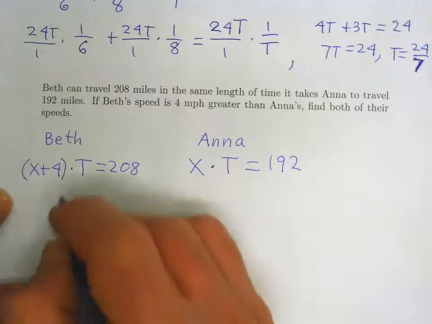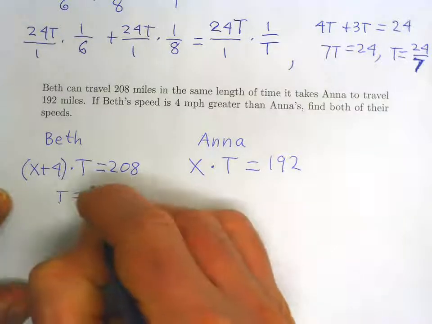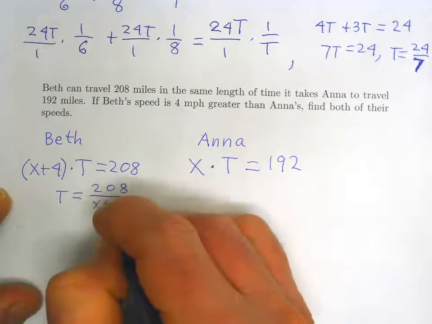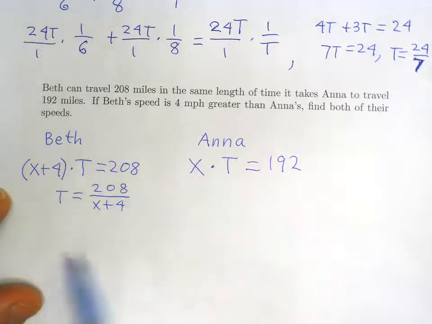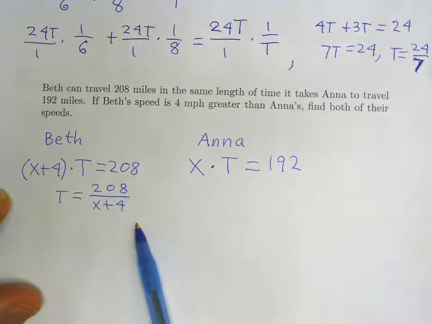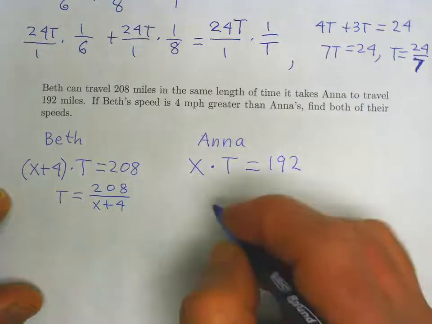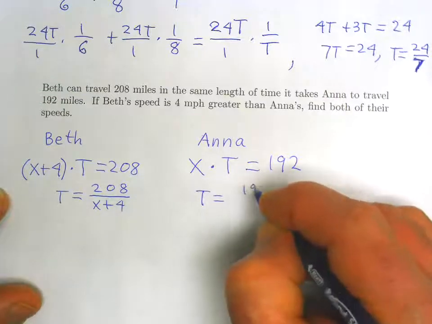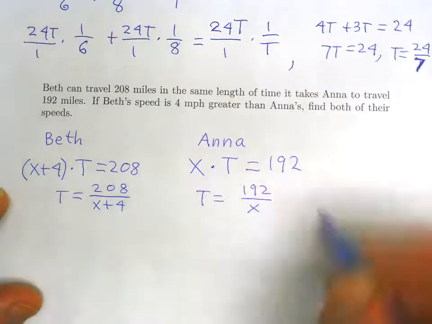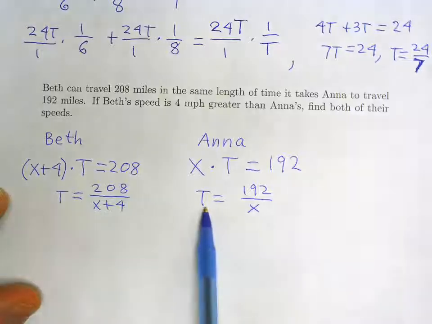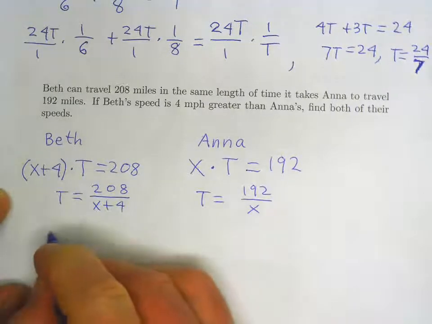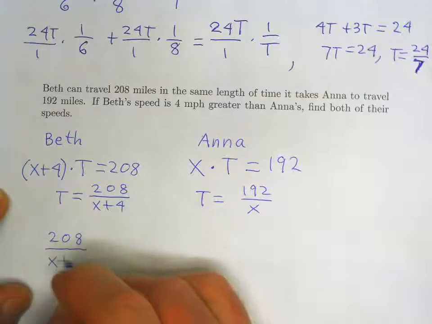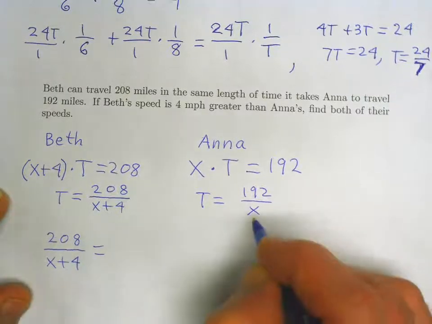So time is equal to distance divided by rate. So for Beth, her time is 208 divided by x plus 4. And for Anna, we solve for time. Time is distance divided by rate. Okay, but the two times are the same, so that means that 208 divided by x plus 4 is equal to